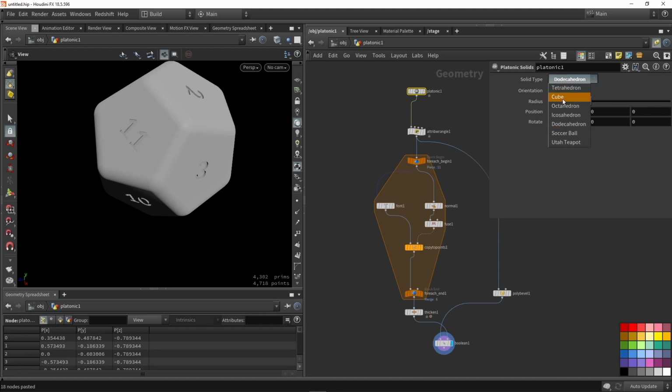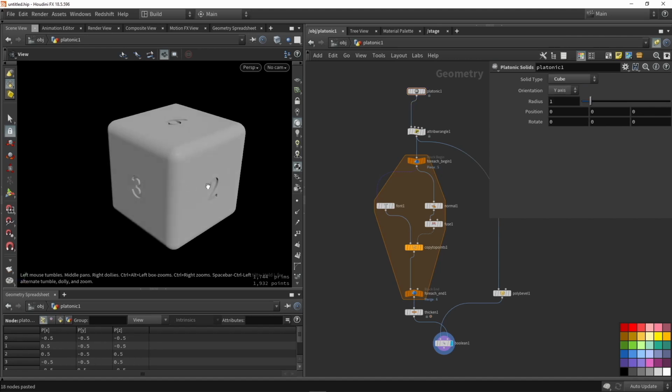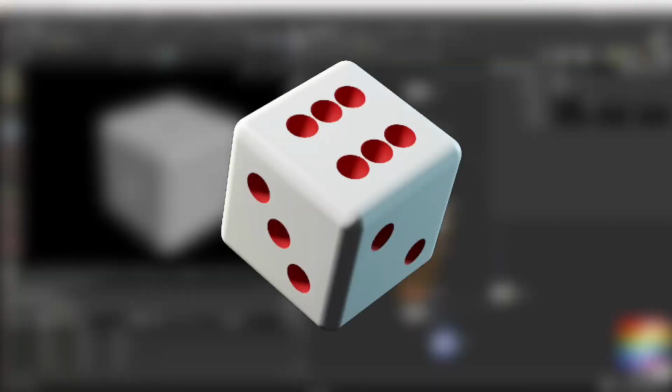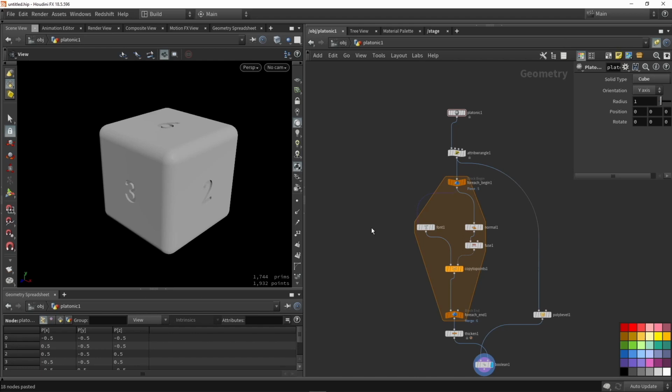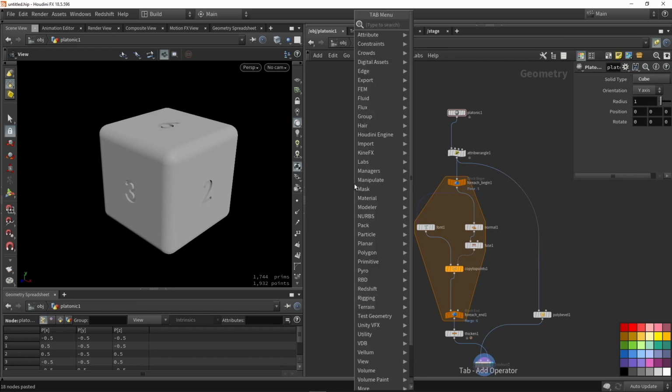So here we're gonna take a cube, and from that cube we're gonna make a dice that looks like this. So how am I gonna do that? There are of course many approaches on how to do this, but I want to use a system that automatically knows a bit on what to do when we input a certain number of a face. So first what I'm going to do is place down a grid,